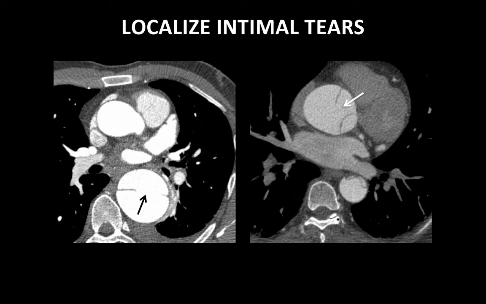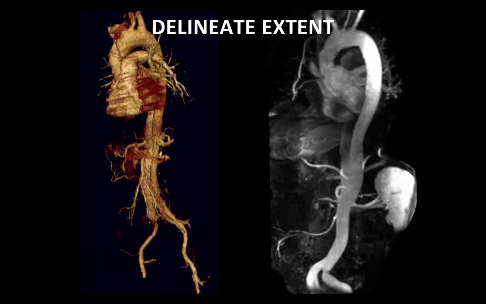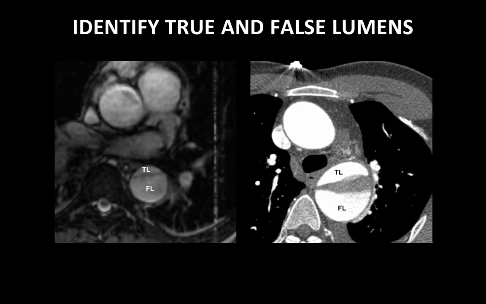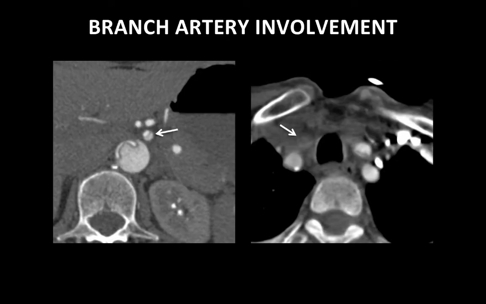Other features of the aortic dissections in particular that the surgeons like to know about prior to deciding how best to treat their patients is the presence and location of intimal tears, the extent of the aortic dissection. It's very important to differentiate between the true and the false lumens, and identifying which branch vessels come off of the true and the false lumens, as well as whether or not the dissection actually goes into any of